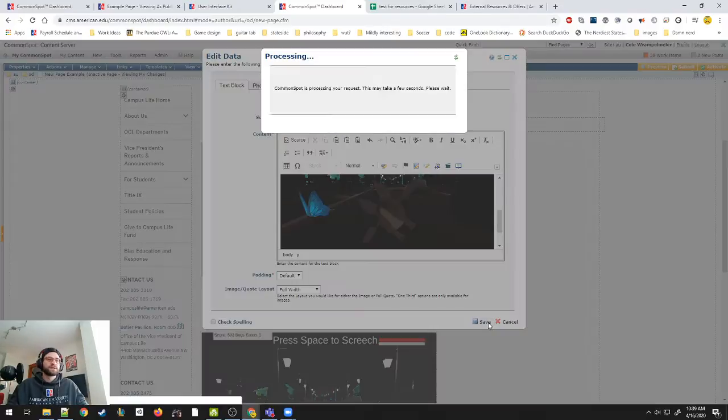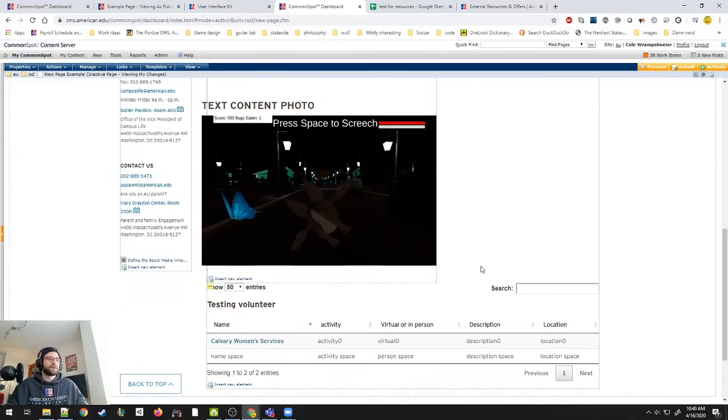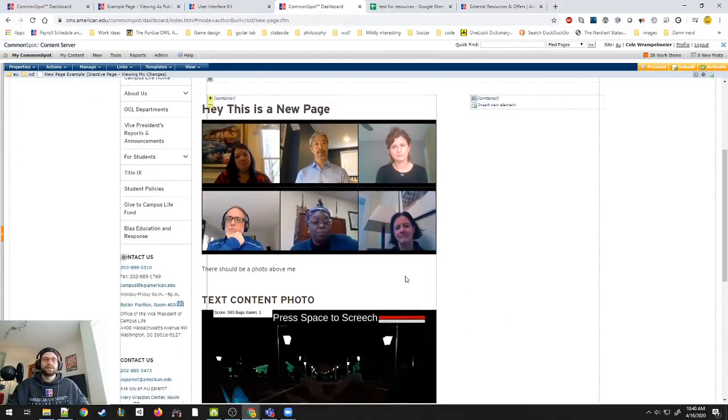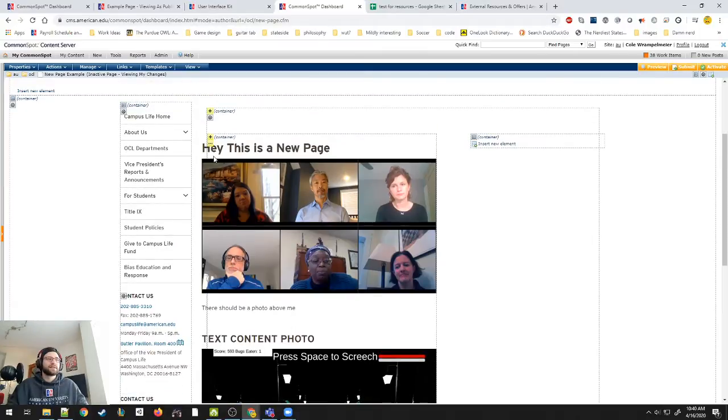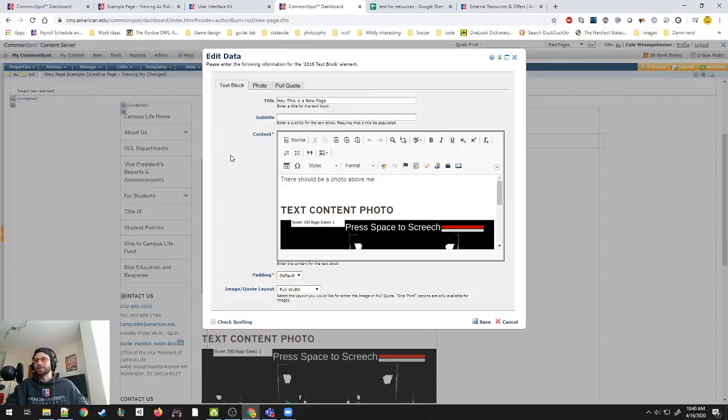It might be forcing us to scale no matter what. Here I am trying to break things and I can't even do that. So see, it didn't really do anything, right? That's why I say don't use Common Spot to edit images. It's not an image editing tool. It is a web page manager.